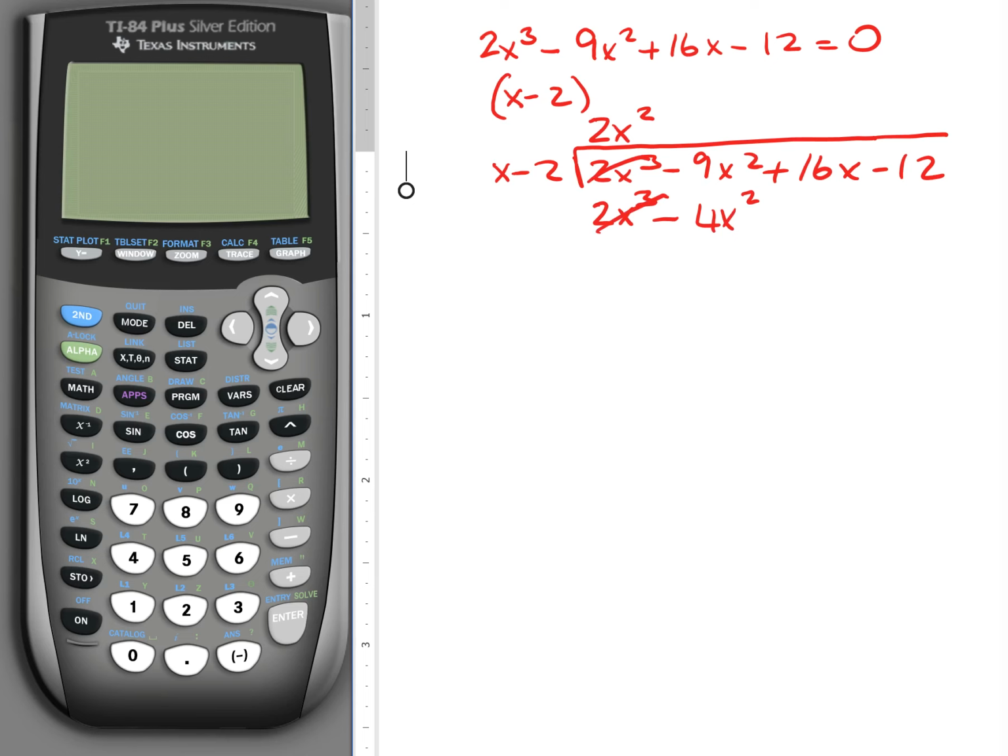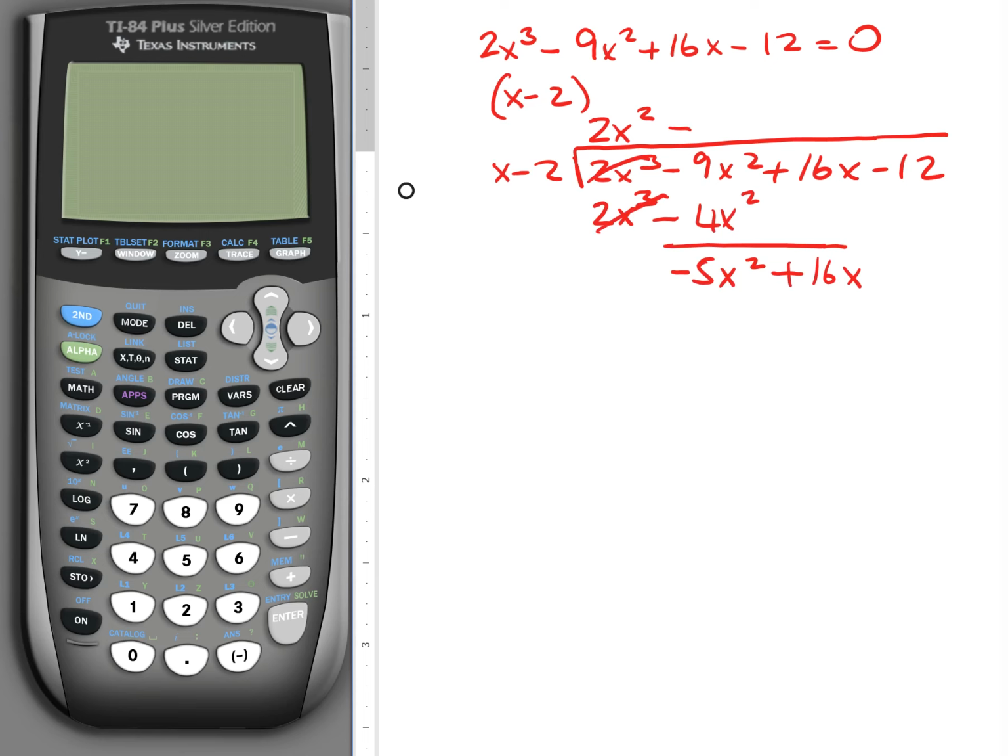9x squared minus 4x squared, plus 4x squared, sorry. So we get minus 9x squared. And then we drop down the plus 16x, and we go again, we get x divided into negative 5x squared